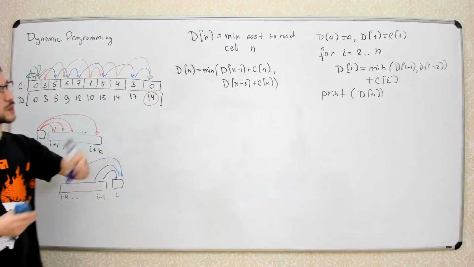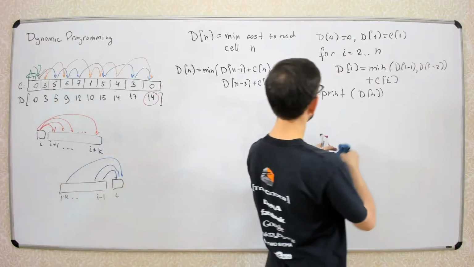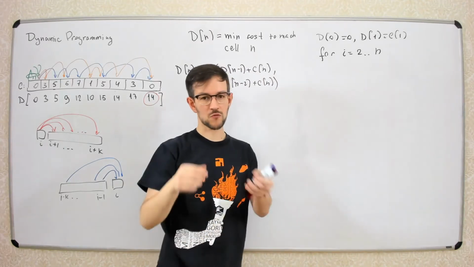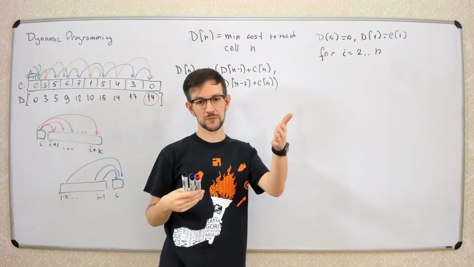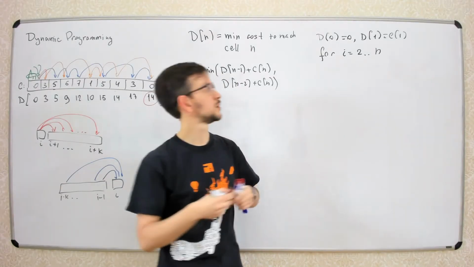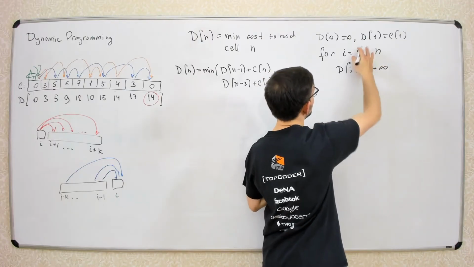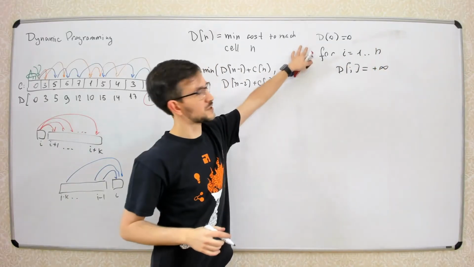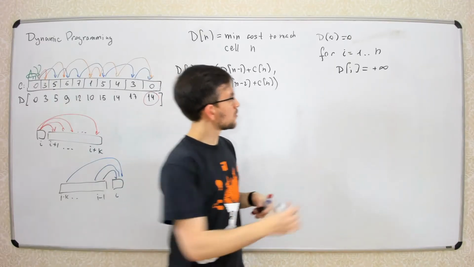What we need to do? We need to get the minimum not of 2 previous values, but of k previous values. Okay, let's make the second cycle. So how do you calculate the minimum of k elements? You initialize the minimum with plus infinity, and then each time you relax this minimum with the new value. So d of i equals plus infinity. Let's start from 1. I'll remove this. Again, I only want to initialize the first element because it's much more comfortable to initialize only one element. And now we make the second loop